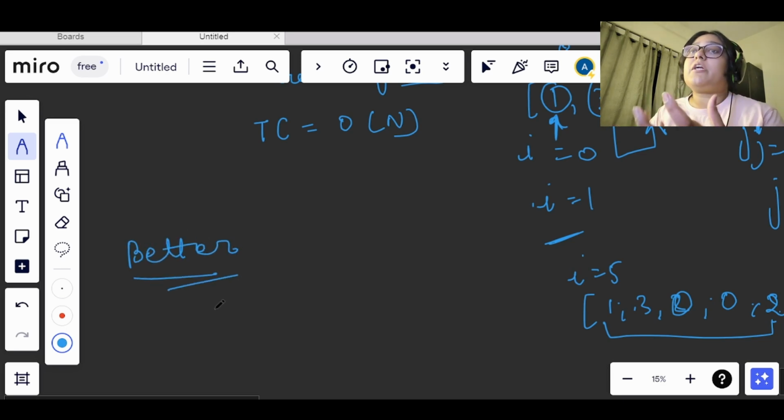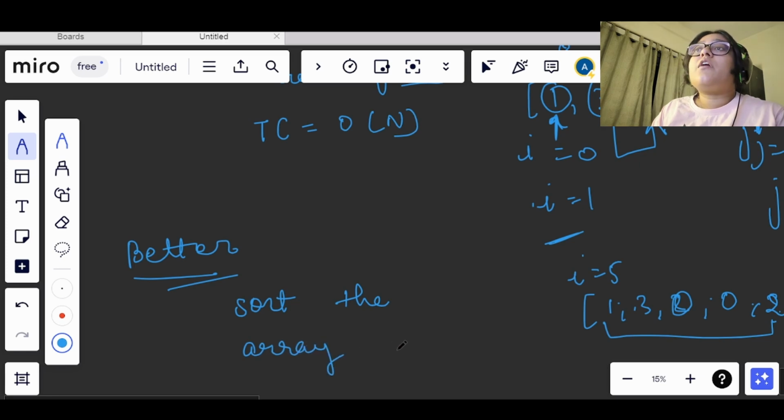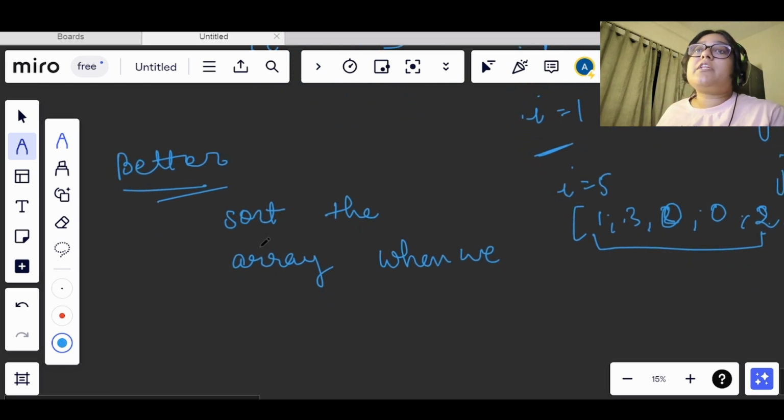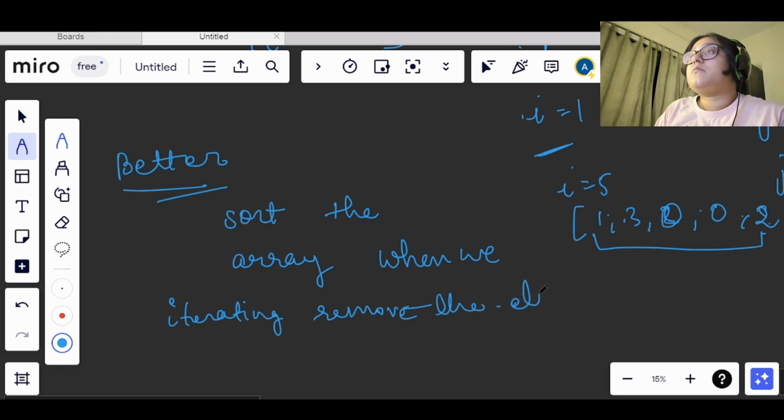We can simply sort the array, and when we are iterating again, we will simply remove those elements. And once we have removed the elements, we will simply return the length of the nums.